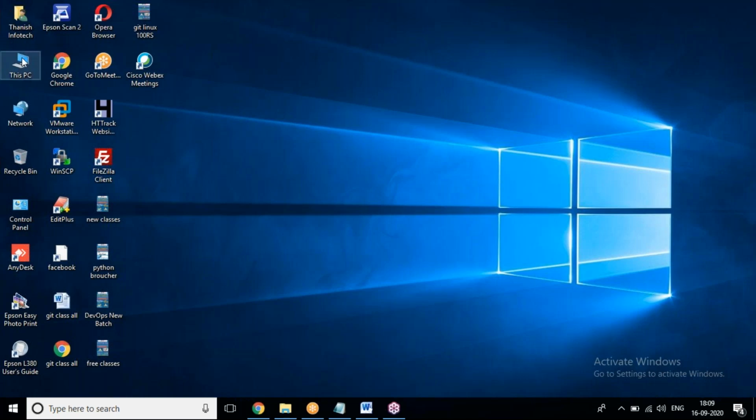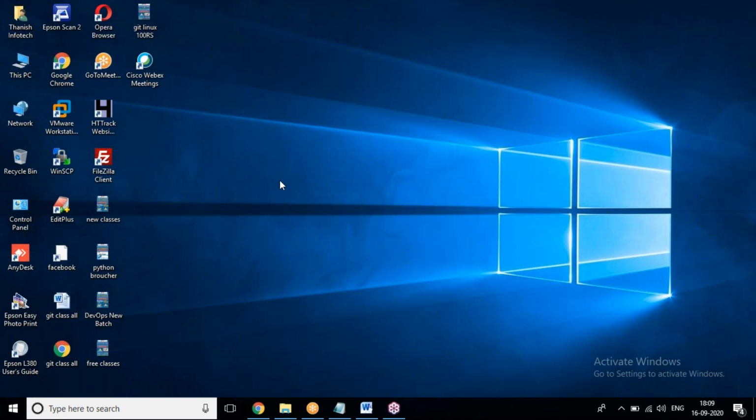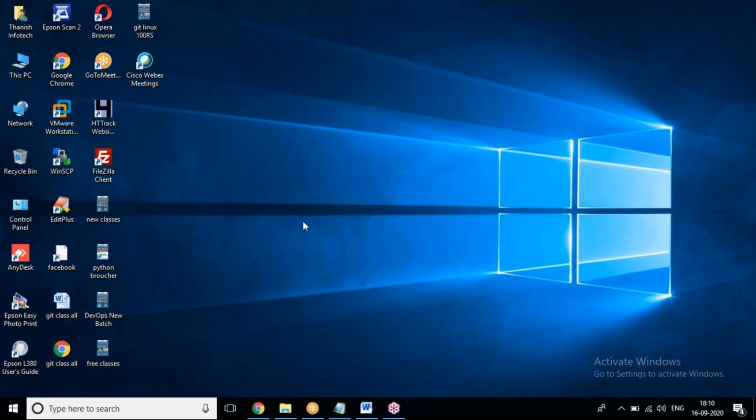Already we have installed Git. How can we recognize it? Whenever you click the mouse right button, we get a pop-up menu. Whenever you see Git Bash and Git GUI, it means Git is already available on our machine. If you're not seeing these two items in the pop-up menu, maybe you removed those options while installing Git.